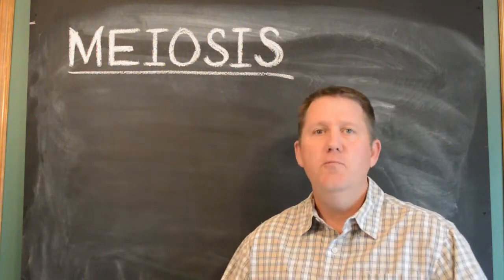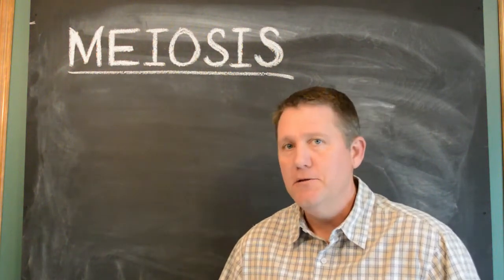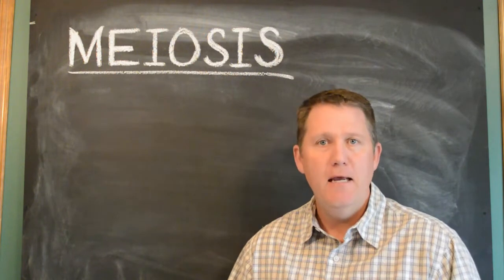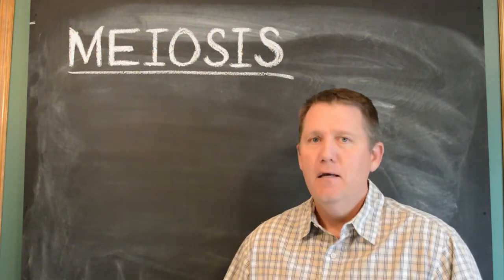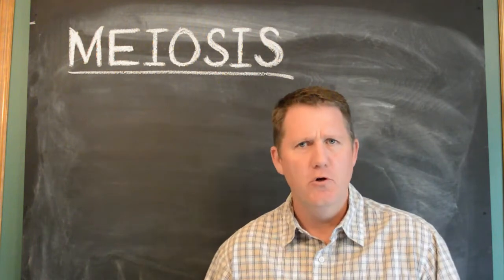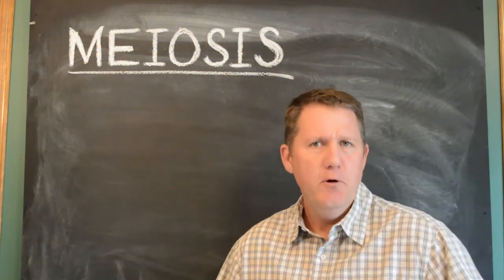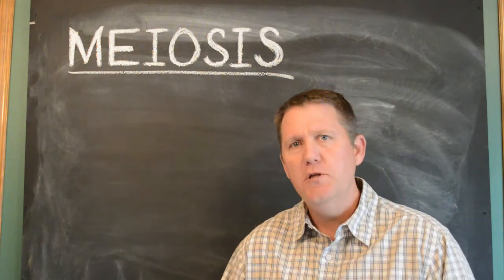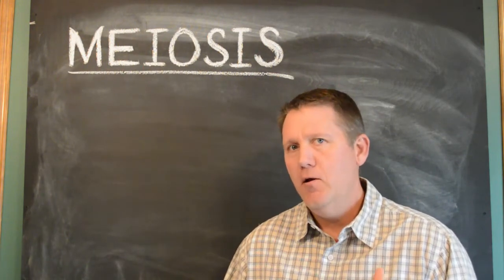Meiosis is the cellular process to get ready for making babies. It happens in men and women. It happens in plants and animals. It happens in protists and fungi too, but their life cycles are a little weirder. So we'll just stick to pretty much plants and animals, mostly with a human focus, and figure out how this